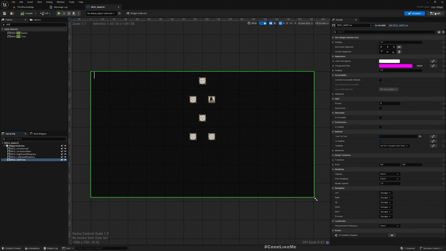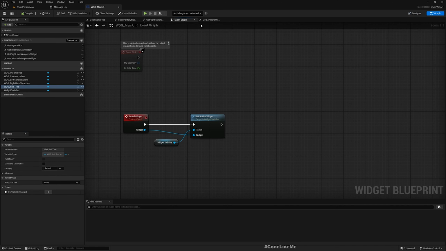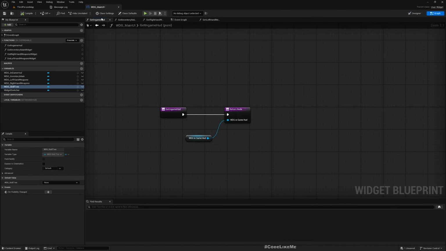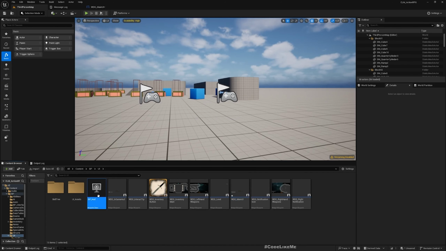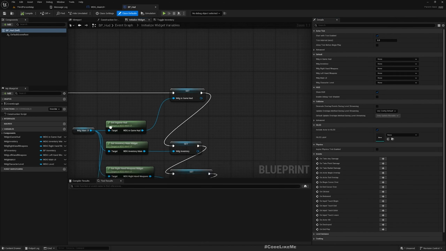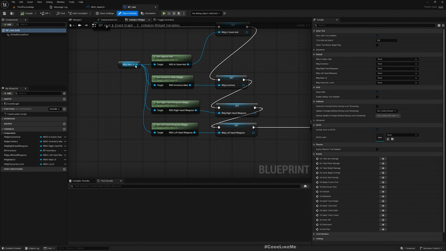So add this here, and then let's go to our art widget, and here under initialize widget we can get,